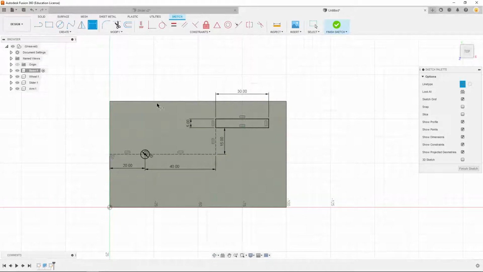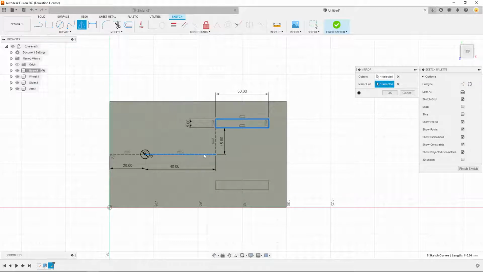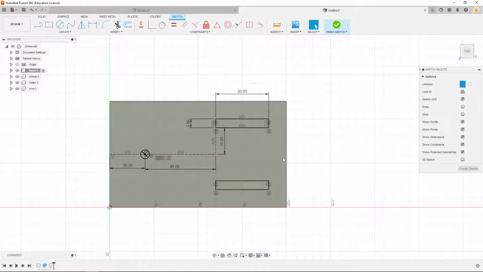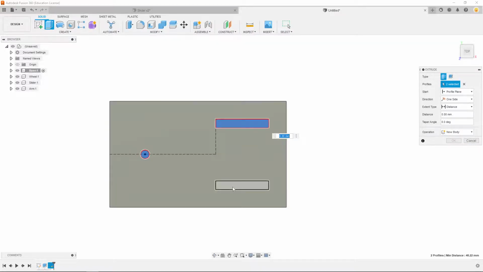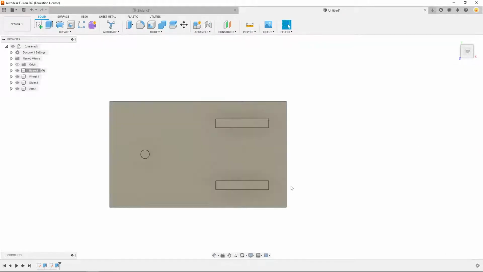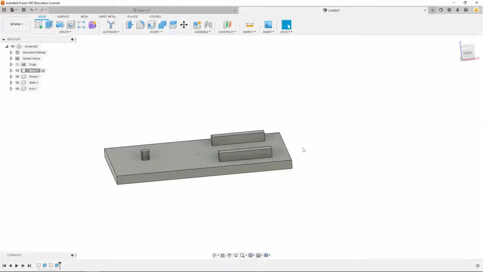There we go. Next, I'm going to mirror this part here. I selected the entire profile just by double-clicking on one of these lines, and then I'm changing my selector to be mirror line, clicking on this mirror line here, and then clicking OK. Alright, now that I've done that, if I go to solid and extrude, and I make that 5 as well, you'll see that I've extruded this 5 millimeters,